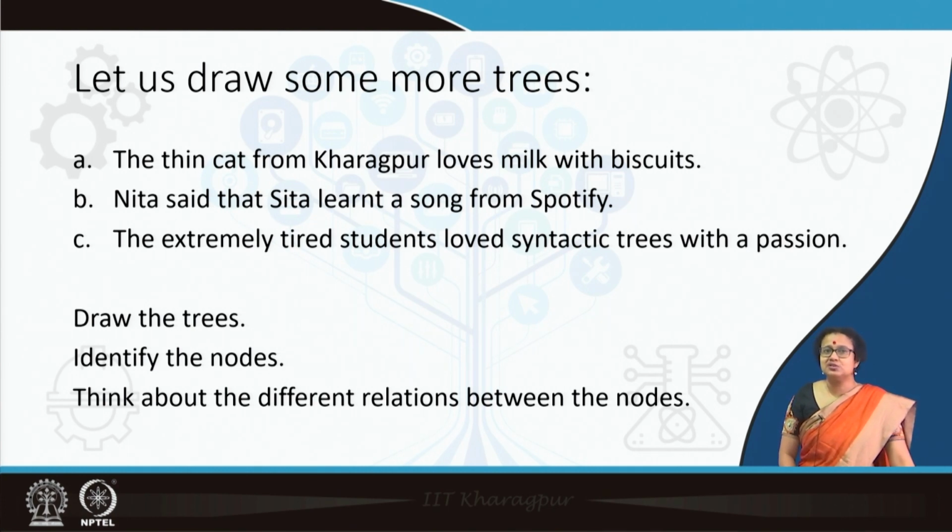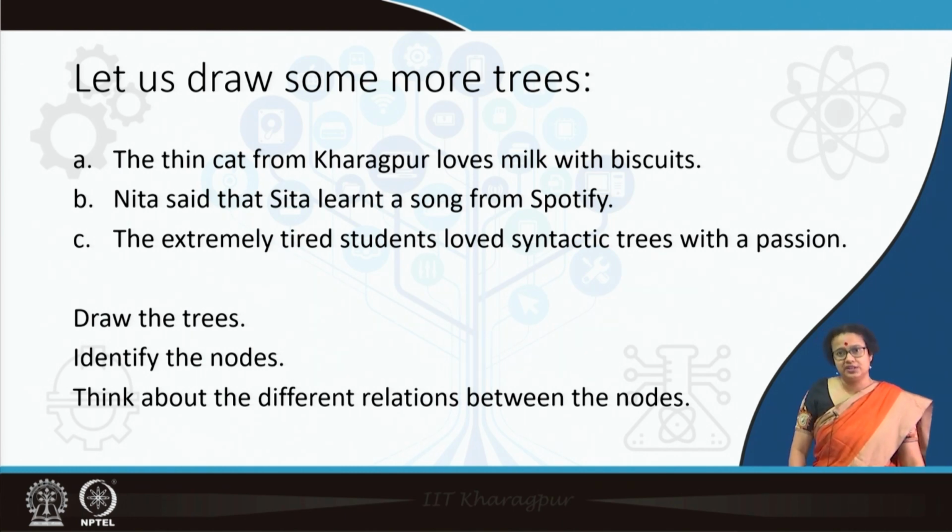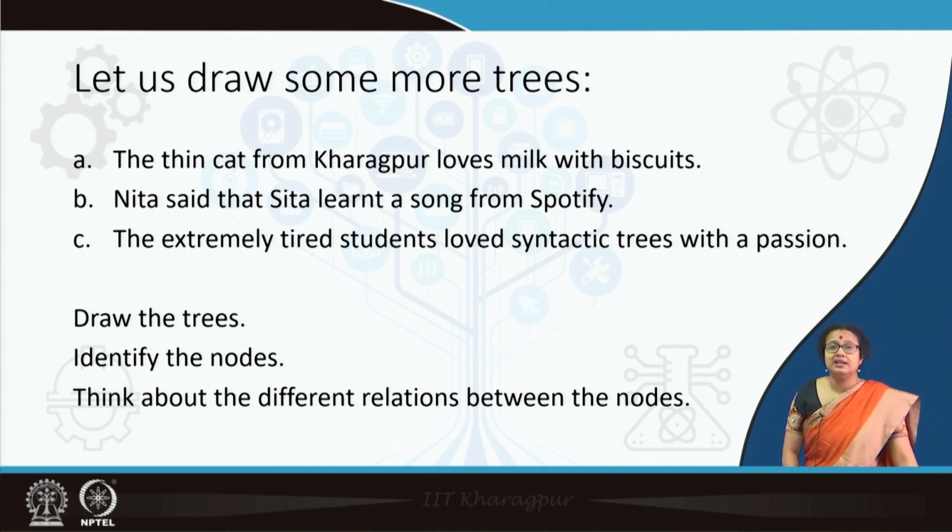So, I am asking you to do several things at this point based on your previous learning. First, draw a hierarchical tree and also draw a linear tree if possible. So, think about the idea of the complements, adjuncts etc., and intermediate projections in terms of X bar schema, and try to think about the different relationships that we have learnt in today's class. That is why I am asking you to draw trees at this point.